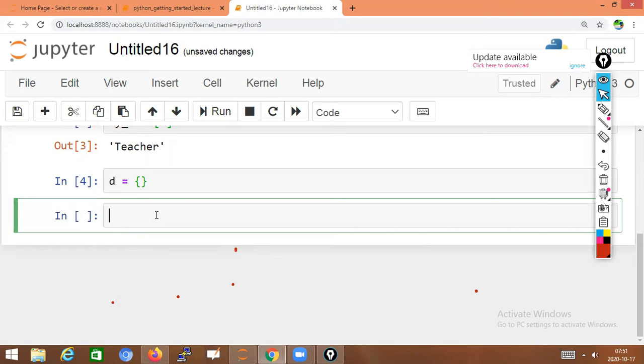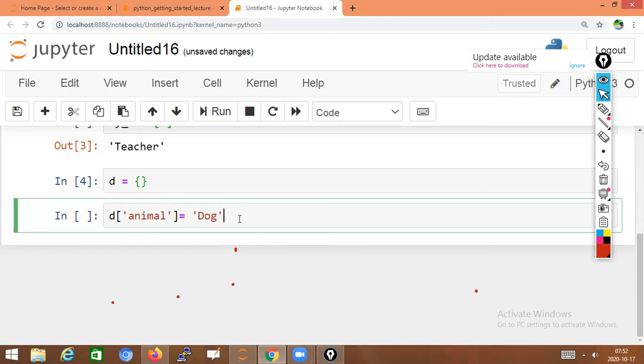Now for this dictionary I want to add some value. Earlier we created a dictionary with values, and now I created an empty dictionary. In this I'm adding a key and value to the dictionary d. The key is animal, and its value will be dog.